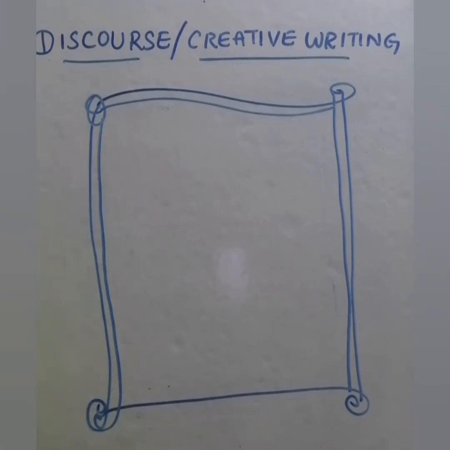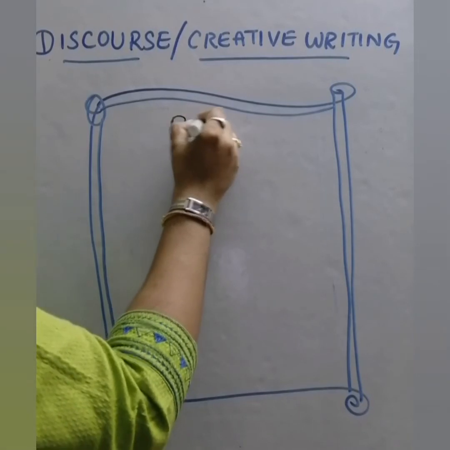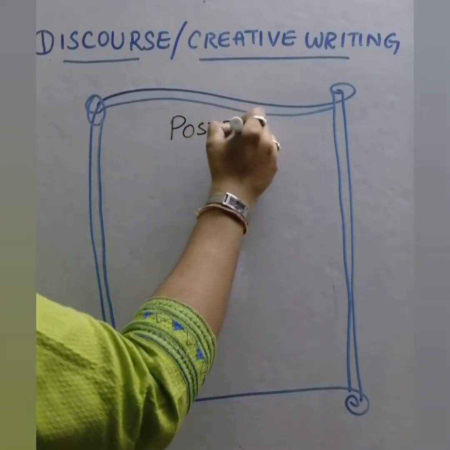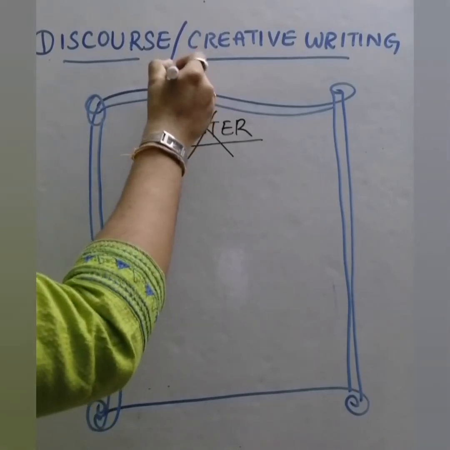Okay, so here is my poster and this is the outline or border that I have chosen. So I'll give the poster a headline or a title. So this is my poster's title. So can I give it like this? Is there anything wrong in giving it like that? Yes, of course, this is totally wrong. Please do not give "poster" as a poster's title.